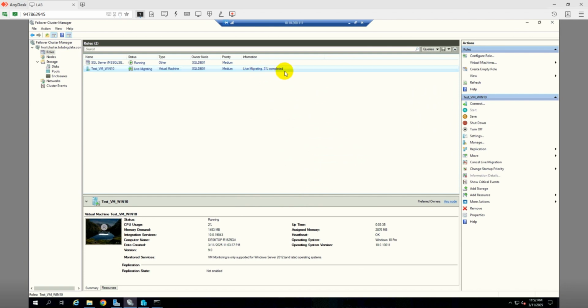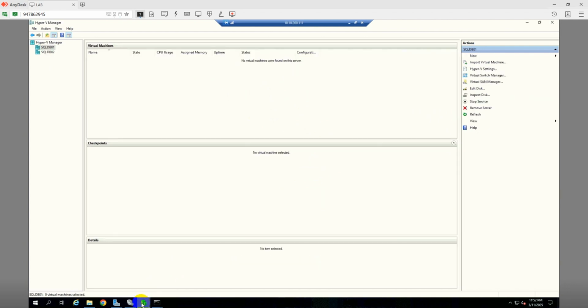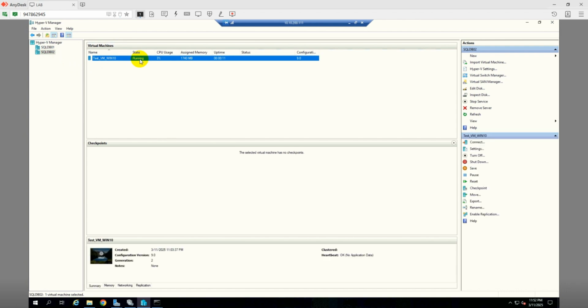Okay, it's migrating. Almost there. Now it's running on SQLDB02, and from Hyper-V Manager, as you can see, on my SQLDB01 there is no VM, but on node 2, SQLDB02, the VM has